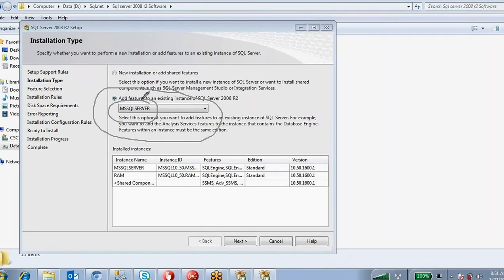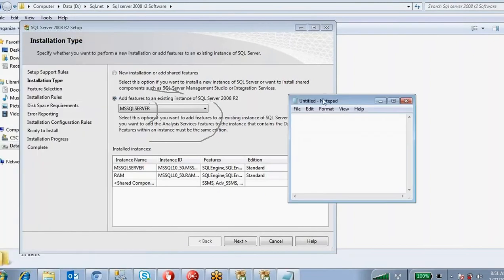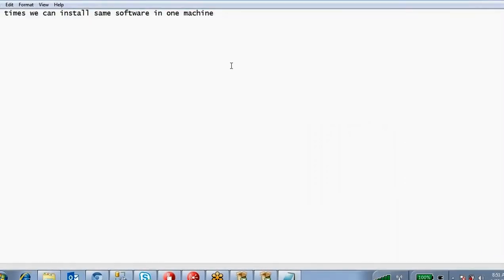That name you can use only one time. So you can install 32 times, right? You can install the same software 32 times in one machine. But each time you install, you have to give a different instance name.